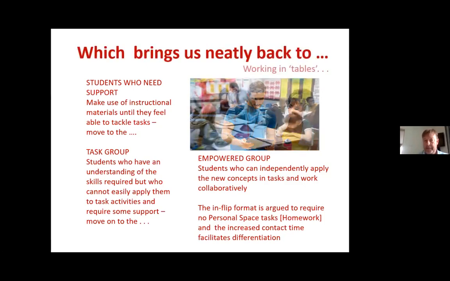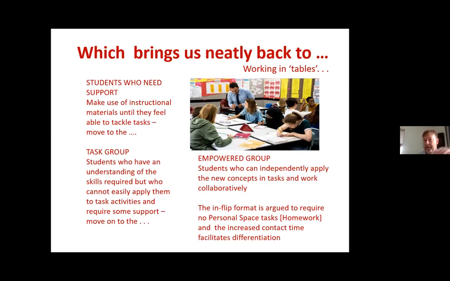And that neatly brings us back to a situation where I did my training in England, and we had groups sitting on different tables. I put tables inside the quotes simply because these could be virtual tables that you don't really see, because we do not want to identify students who are perhaps needing more help than others, in the way that used to happen in English schools.